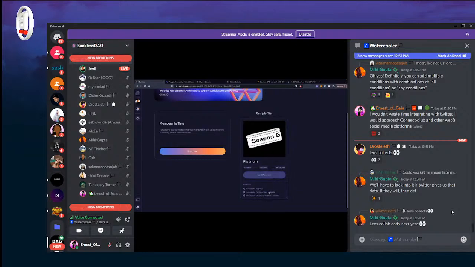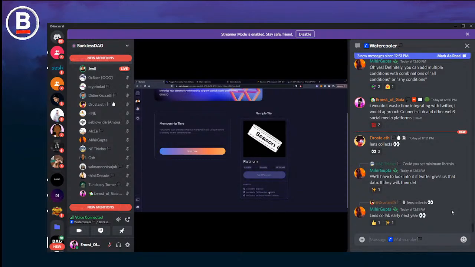You might have seen a similar design in tiers on different kinds of platforms, and we view communities as a way that provide value to their community members and can use this as a mechanism to monetize certain access and benefits. So the most popular use cases that we've seen on Coinwise are access to any kind of media. In this case, it could be access to Bankless DAO content or any kind of media that they produce, podcasts. It could be access to events. So it could be access to certain online or in-person events that Bankless DAO is hosting. It could even be access to any kind of educational content.